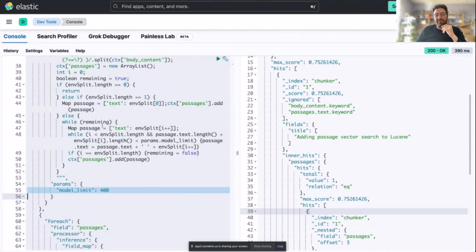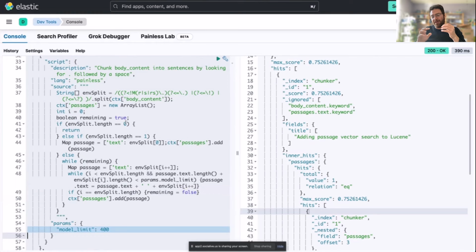So we can pass parameters, so these things can become boilerplate. You can tune them. What this is doing is basically concatenating sentences and looking ahead to make sure that we don't go over the limit. So we're going to go, like The Price Is Right, up to about 400 tokens if we can fit it in there. Now, what that'll do is take a big old chunk of text and build an array of